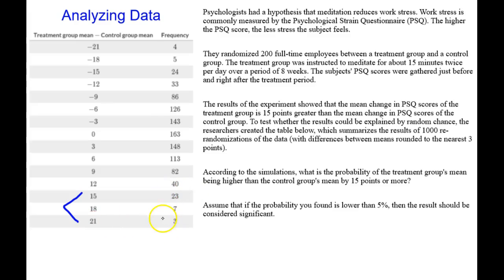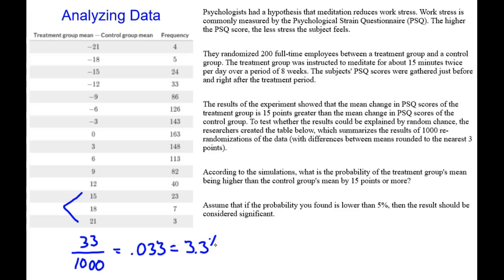So if we add up all these frequencies, 23 plus 7 is 30, 30 plus 3 is 33 out of 1,000 of those re-randomizations of the data where the difference between the score of the treatment group and control group was 15, where the treatment group scored at least 15 points higher on that questionnaire compared to the control group. If we convert that to a decimal, that would be 0.033, which as a percentage would be